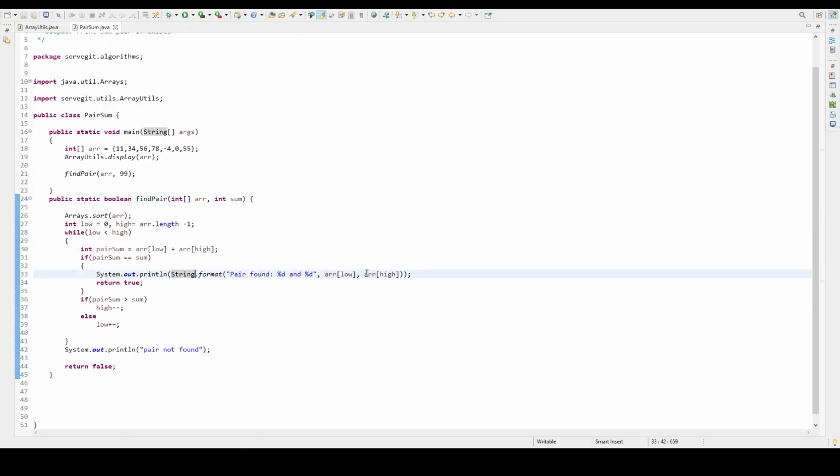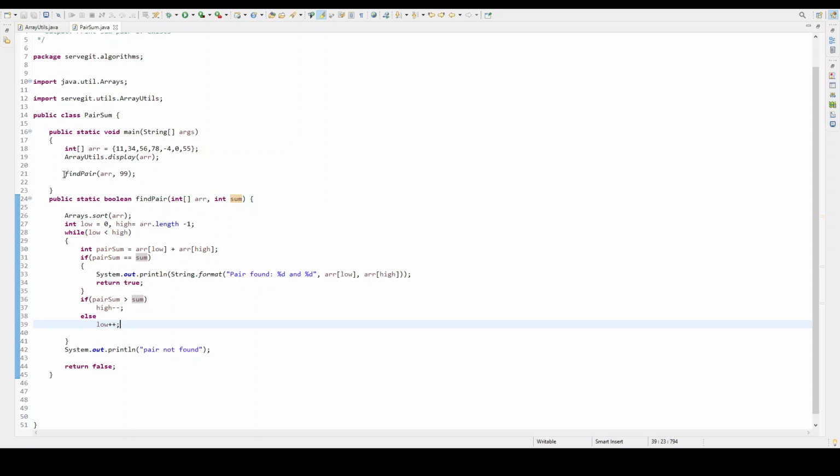If the sum is found, we print that. Otherwise, if the pair sum is greater, we decrement high. If the pair sum is less than the required sum, we increment the lower index. So let's run this.